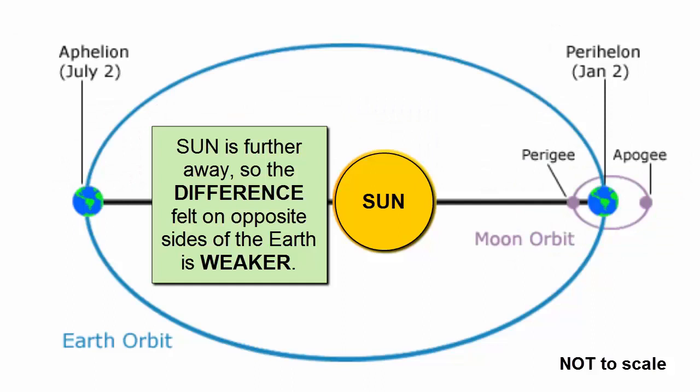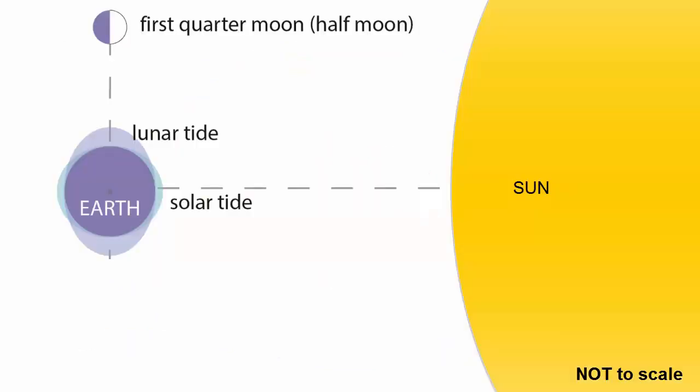The Sun is a much more massive body than the Moon. However, because it is so far away from the Earth, the differences experienced on the near and far sides are much, much smaller than those produced by the Moon. We can show that more clearly in this image, which is also not to scale, but nonetheless shows that there